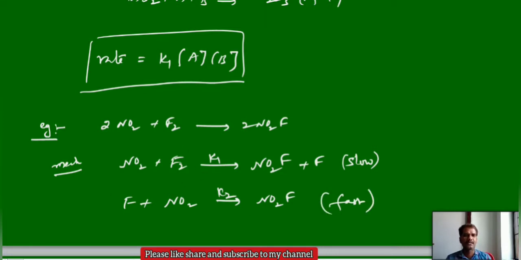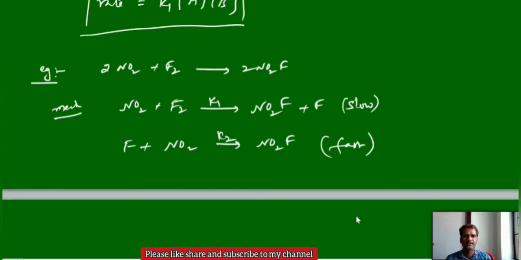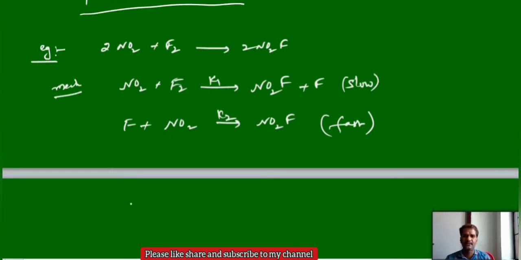then for this, what is the rate of reaction and what is the overall order? Rate law expression or order. So how can we express this? Rate is equal to, for the slowest step only reactants are there, so rate constant K1, NO2 and F2. And the overall order is 2: with respect to NO2 it is first order, and with respect to fluorine it is first order. That is case 1.